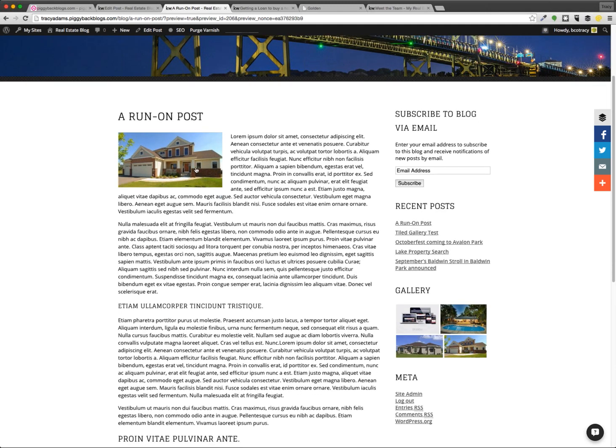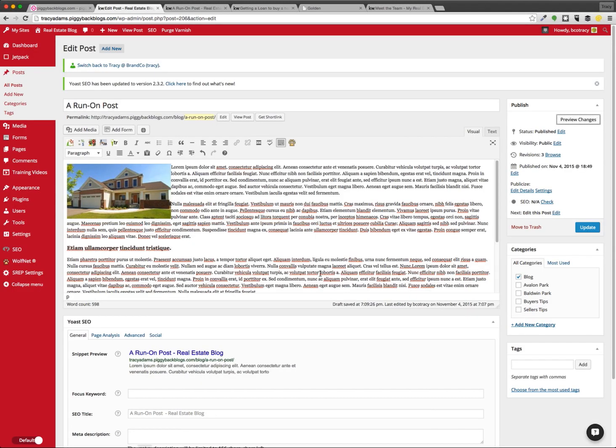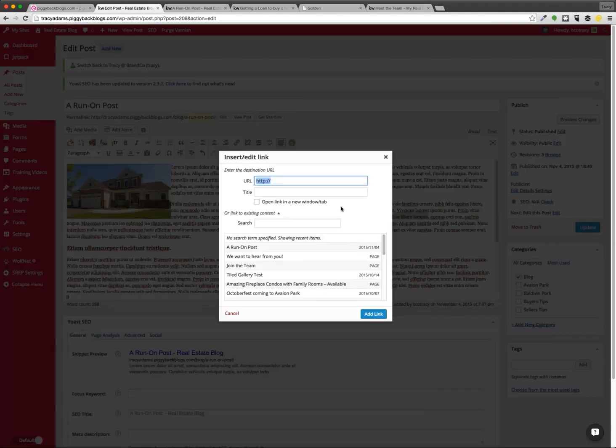So on top of that, images have links, and a lot of times text wants to have links as well. So if we wanted to add a text link into our content, we can easily do that just how we did earlier, where we highlighted this image, highlighted the text that we wanted to be a header. We would highlight the text that we want to be a link, and then click this little chain link button up here